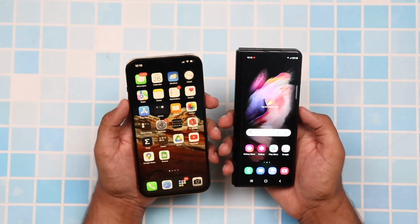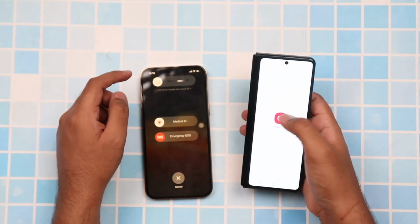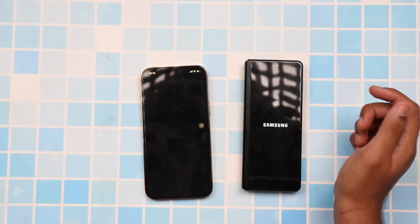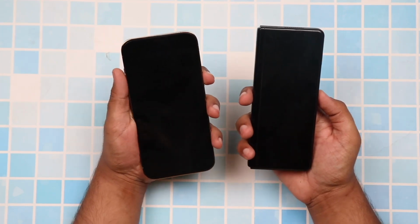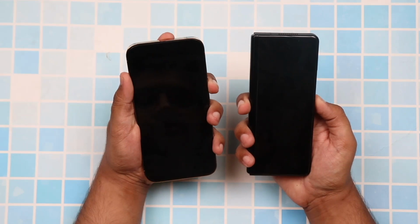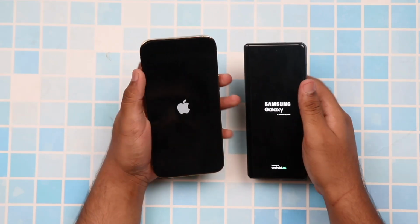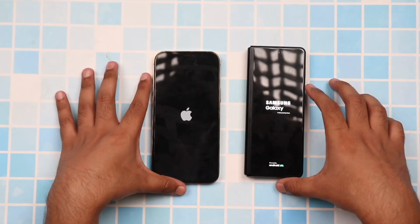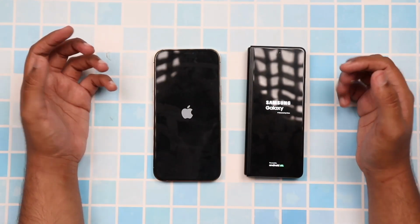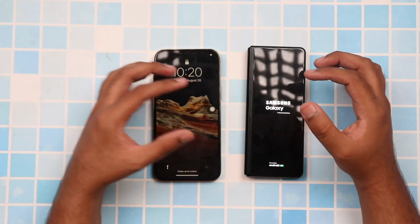The next test we are going to perform is a boot up test. For that I'm going to go ahead and turn both the devices off, and let's turn them back on. 3, 2, 1. And the Samsung logo showed up first, and right after that we have the Apple one as well. Let's wait and see which one boots up first. And a lot of people were asking me why we do a boot test. Well,